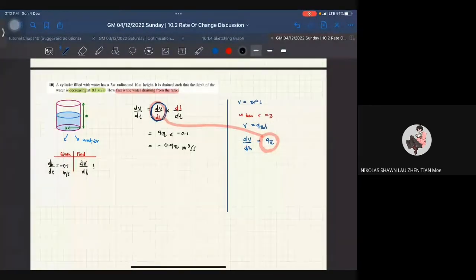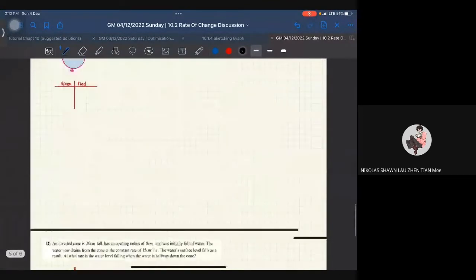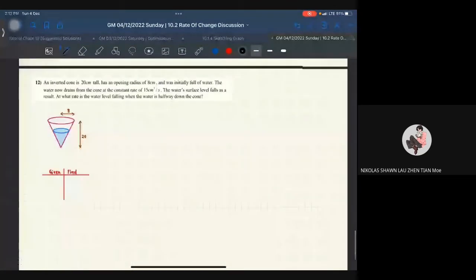Semua okay ke tu? Okay, Miss. Okay. Alright, okay. So that's it for question number 10. Alright, so lagi satu soalan je lagi. Okay, so number 10, number 11, tidak. Alright, so let's take a look at number 12. Okay, so ni number